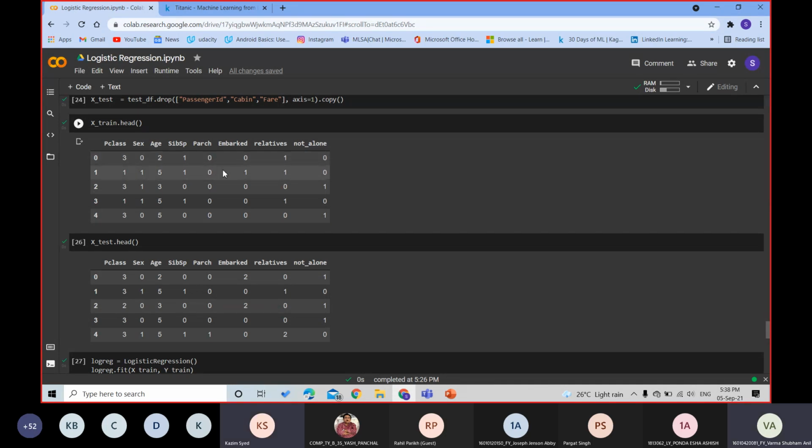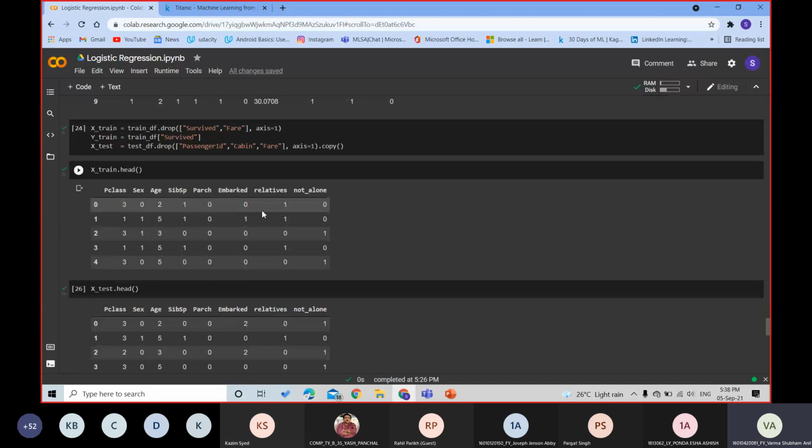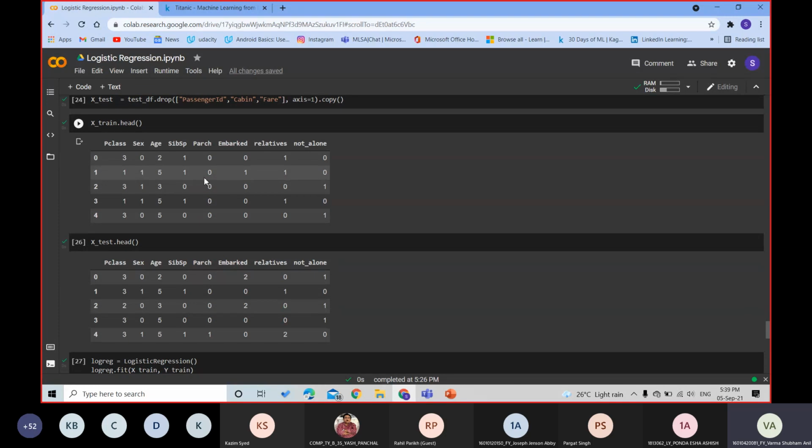Understood? Yes, sir. Thank you. Okay, so that's the reason we used it. We use it because if you see here, if in sex I write 0, you won't understand what 0 means. But here 0 implies female and 1 implies male. So that's the thing that we are doing here. It will help the machine to understand and establish a relation between the training data sets.